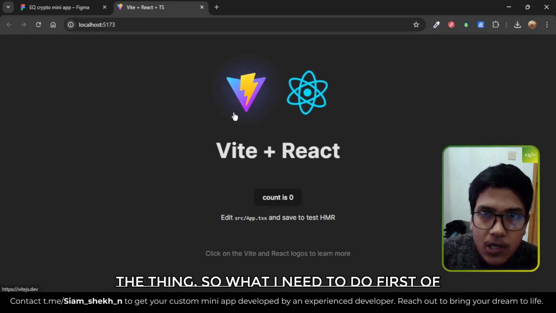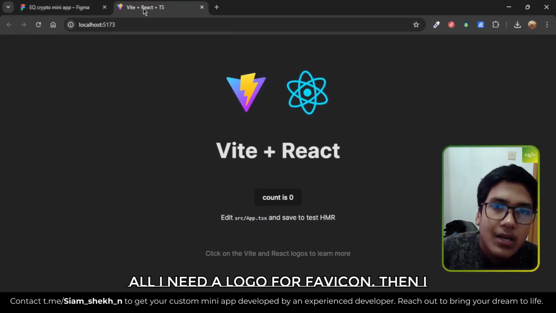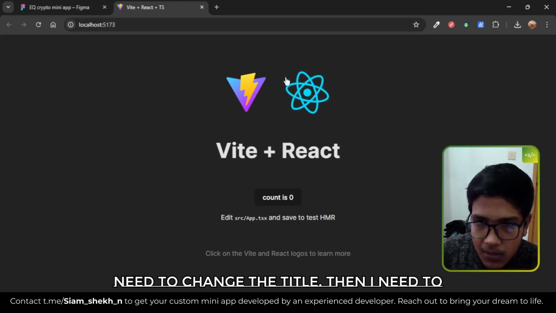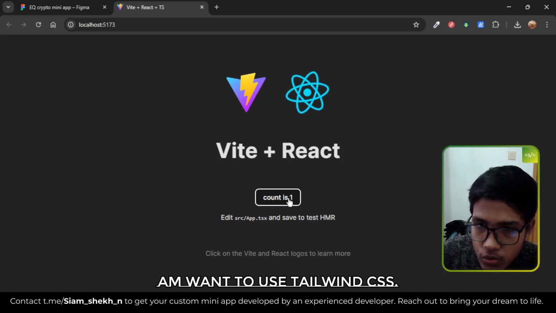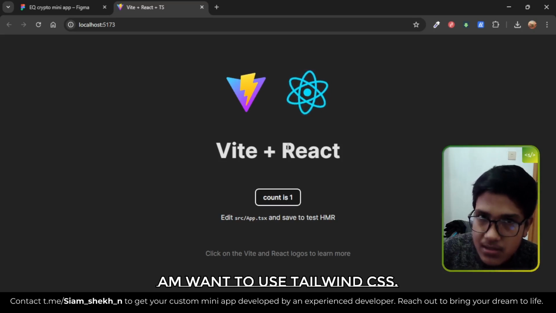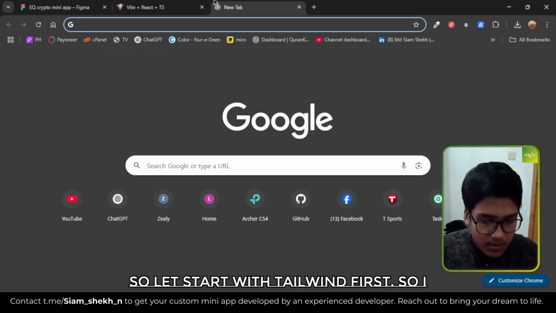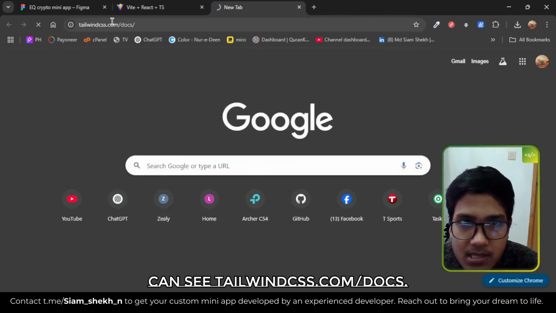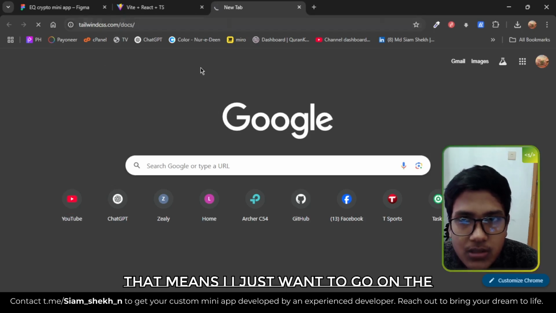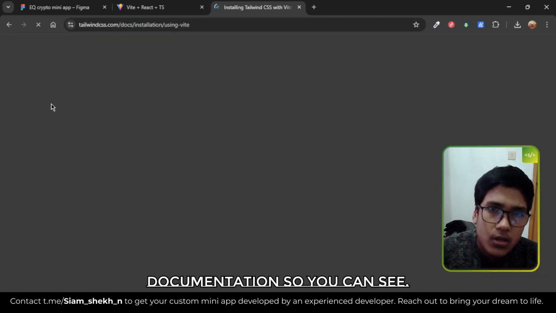So what I need to do, first of all I need a logo for favicon, then I need to change the title, then I need to clear that boilerplate, and also I want to use Tailwind CSS. So let's start with Tailwind first. So I just simply go on the Tailwind CSS site, tailwindcss.com/docs. That means I just want to go on the documentation. So you can see